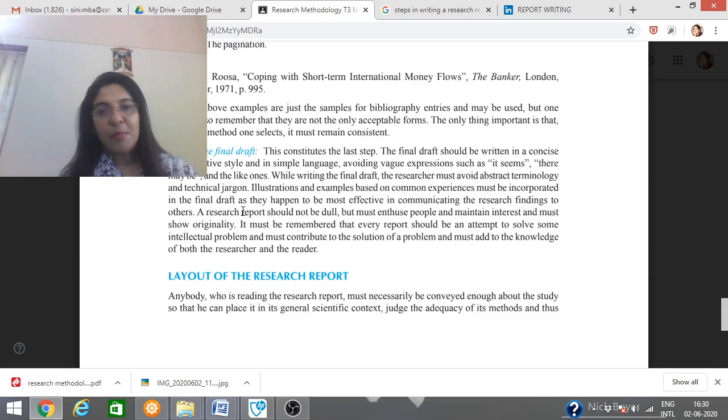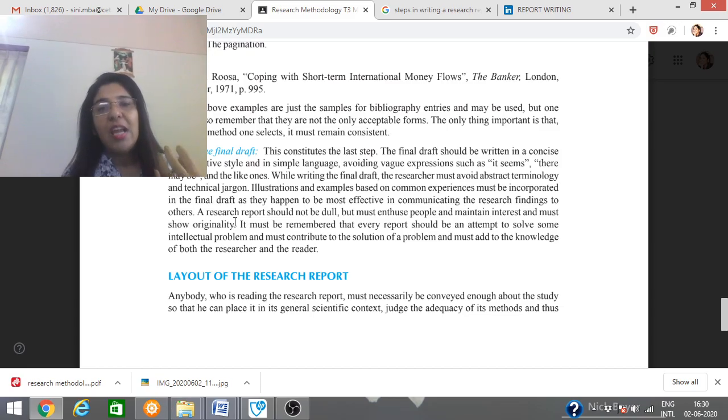Illustrations and examples based upon some experiences can also be incorporated in the final draft. Research findings should be very strong, and the report should create enthusiasm in the reader when they read one area after another, or one chapter after the second chapter.